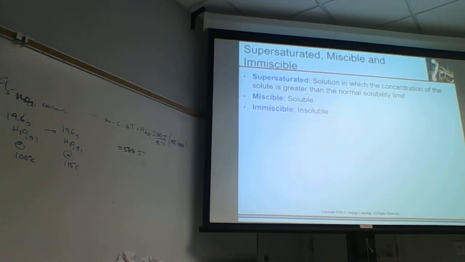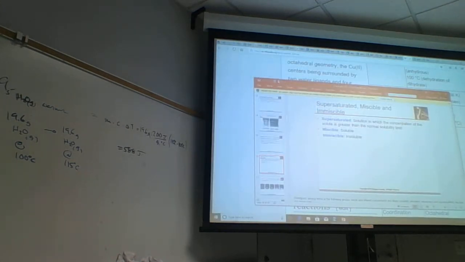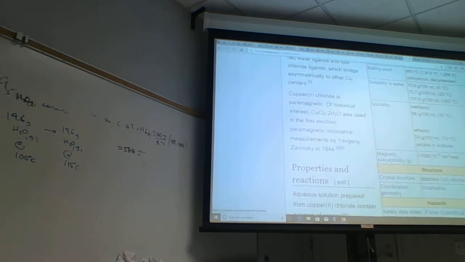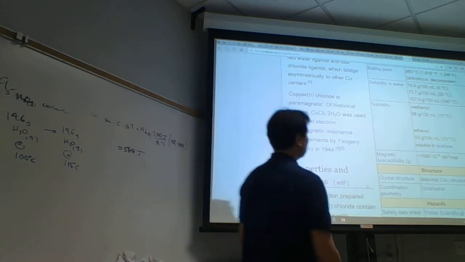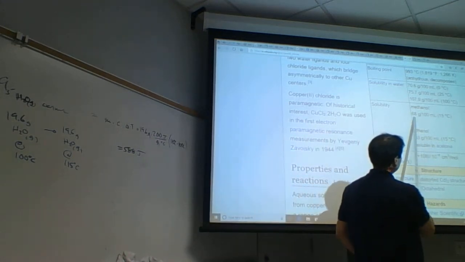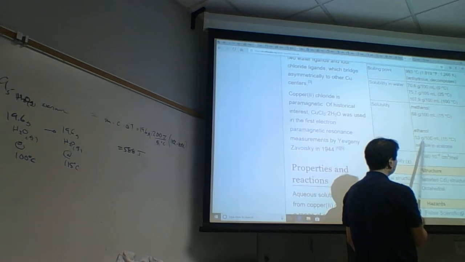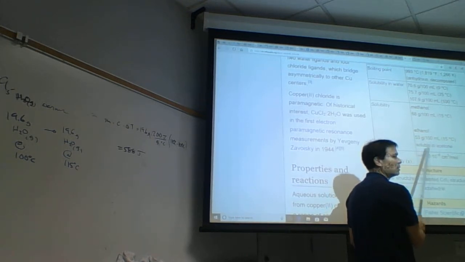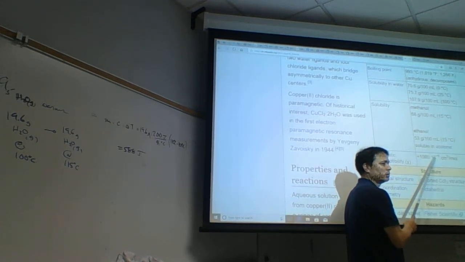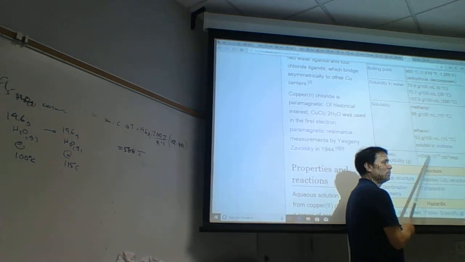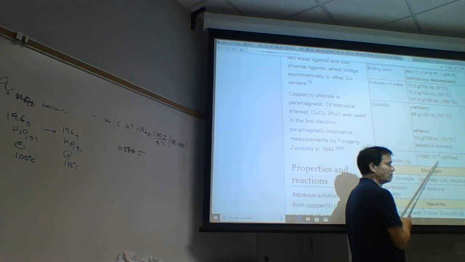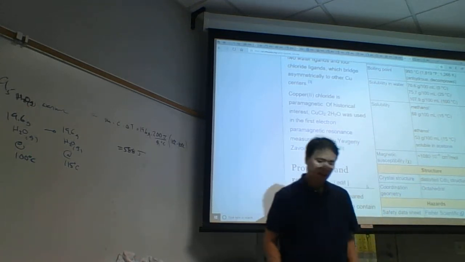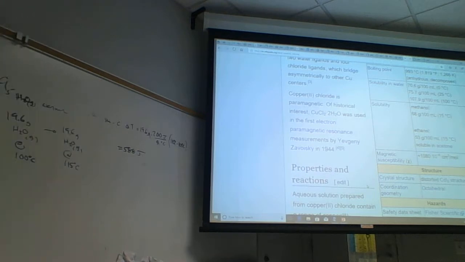That is soluble without limit. If we look at this Wikipedia entry, it says methanol, 68 grams per 100 milliliters. Ethanol, 53 grams per 100 milliliters. And then it says soluble in acetone. What are they talking about, soluble in acetone? They must be saying miscible in acetone or something. Infinitely soluble. Acetone. I don't know if that's right. Probably a typo, but